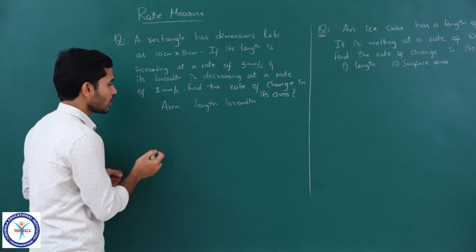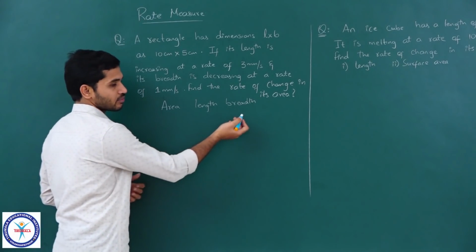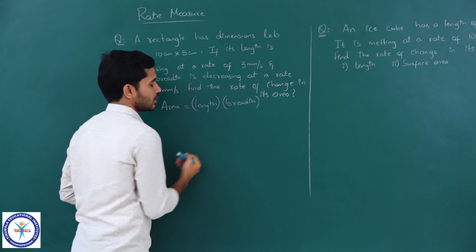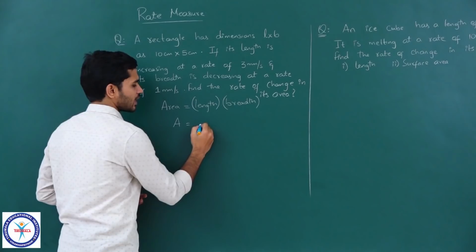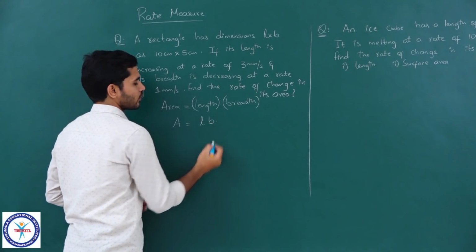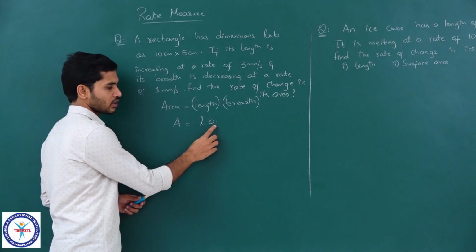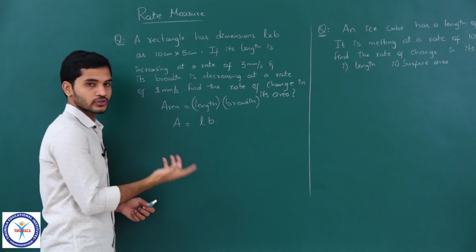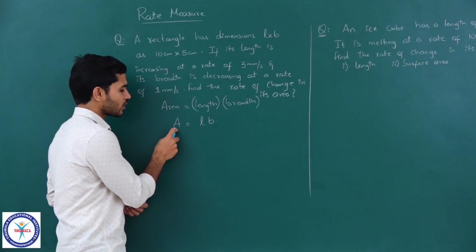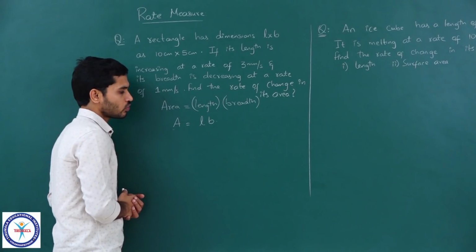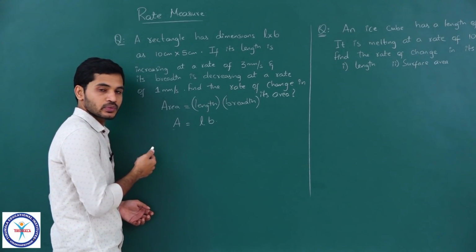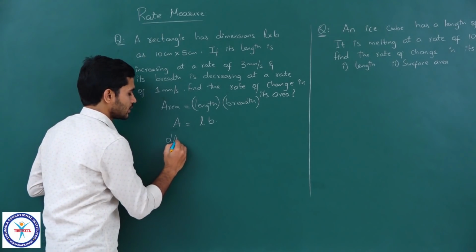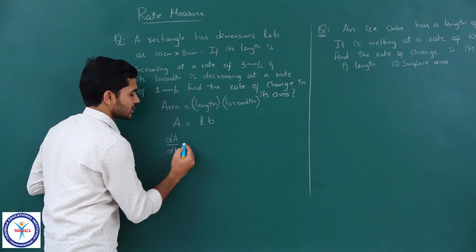We will see. You know the relation between area, length and breadth for a rectangle. Area is equal to length into breadth, or I will just write it as variables, A is equal to L into B. Remember, L is changing, B is changing, and because of change in L and B, A is also changing, clear? So we need to now find out the rate of change of area. So I will differentiate it with respect to time, clear? So when I differentiate with respect to time, I would get dA by dt is equal to